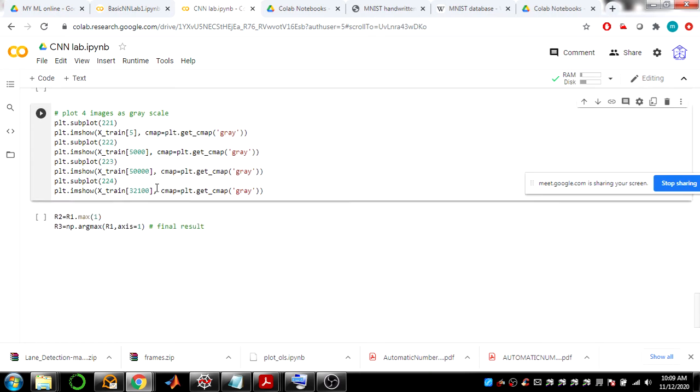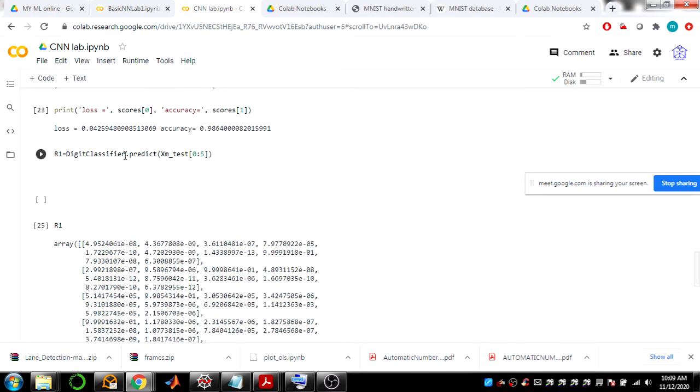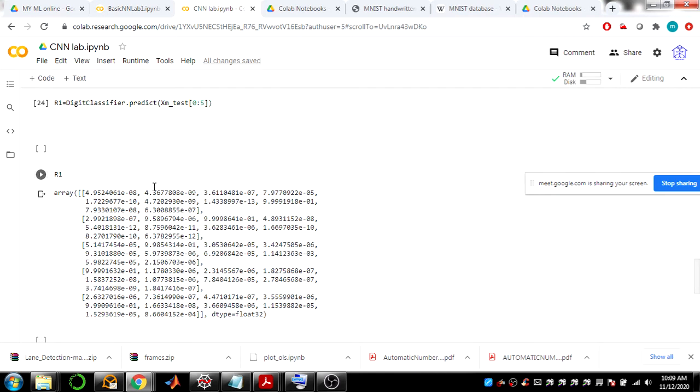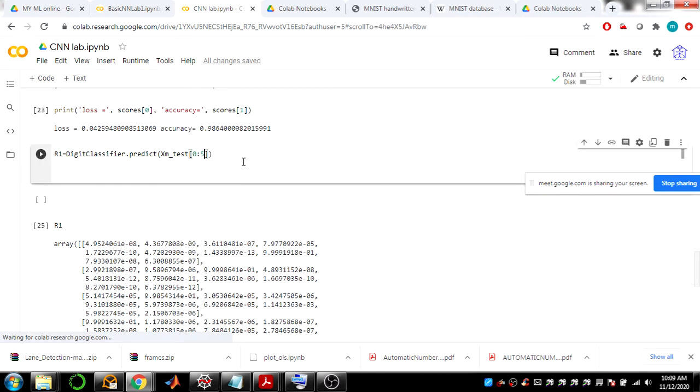I don't require this. I'm going to use the test samples which are starting from 0 to 5. Let me plot that one. I'm going to use 2 rows, 3 columns. Let me take one more digit so that I can print more.